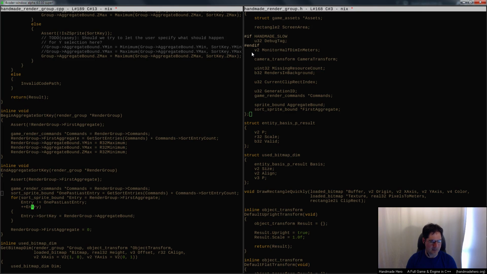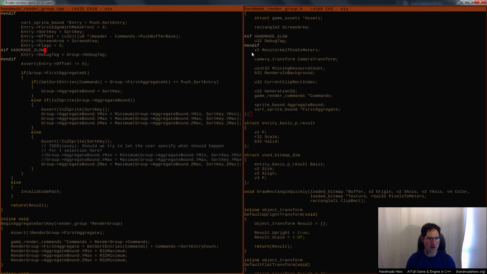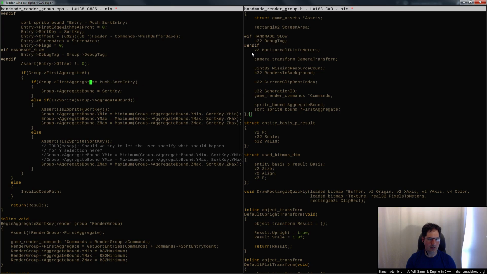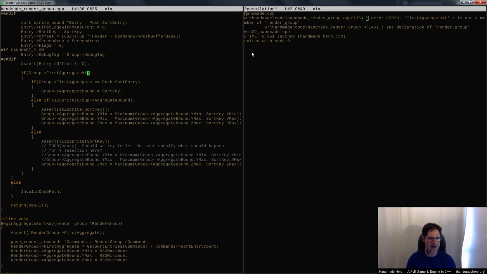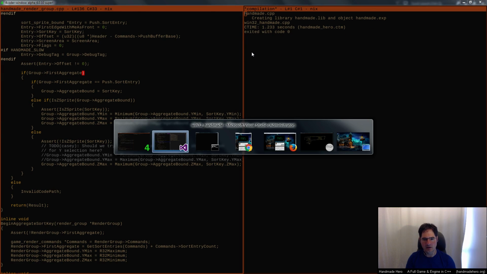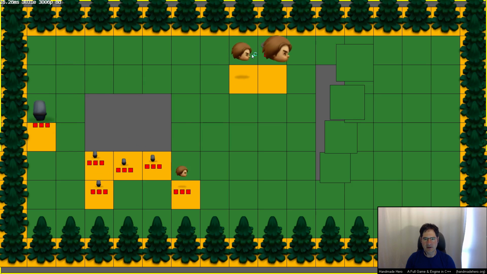And you can see that was a minus entry. That was wrong already. So that was a bug as well that I just fixed, because we're going forwards now, not backwards. Right? So then we come through here and we say, okay, do the operation we're going to do, and then clear it out. So that seems a lot more sane to me. And then up here, all we have to do now is say, well, okay, if the first aggregate that we're working with is the one that we're talking about here, then we finish it off, right? So that seems totally sane to me. That cleans that up to, I think, a better place than it was before. And so I'm hoping that we can make that work cleanly.